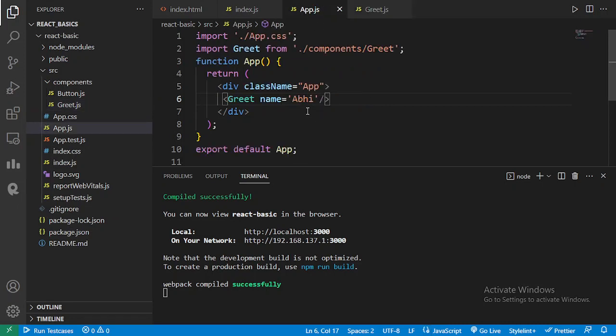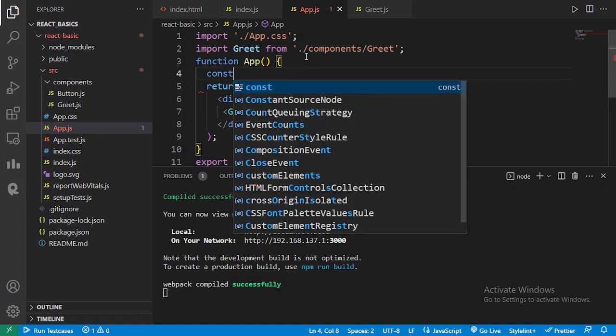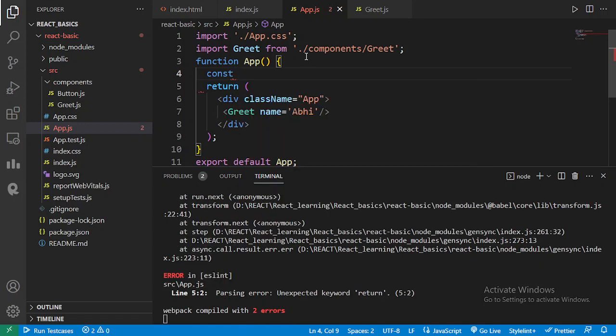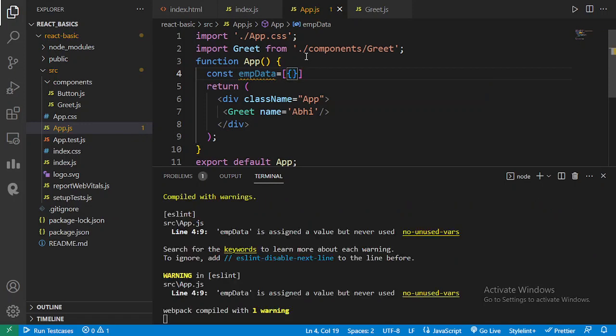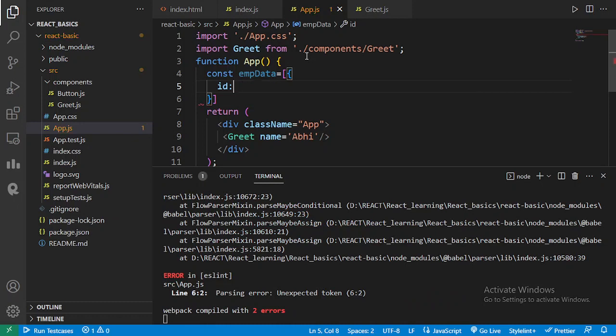Now here also, I am actually hard coding it. I am not actually creating anything dynamic out of it. So what we can do is create an object here, or you can say an array of objects. So let's say const emp data, and I am passing an object inside it, and this object will have id, let's say 1,